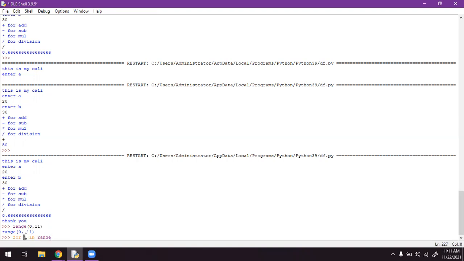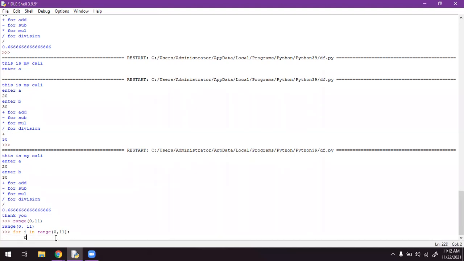We have to write a variable called I. We cannot write A, B, C, D. I will execute that also. If you write an intermediate variable I, and mention 0 comma 11, and close this, it will ask what to do. Then you have to type print I. So what we are doing here is using a loop.